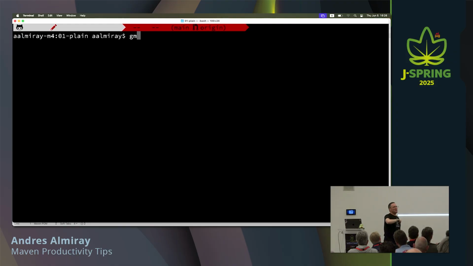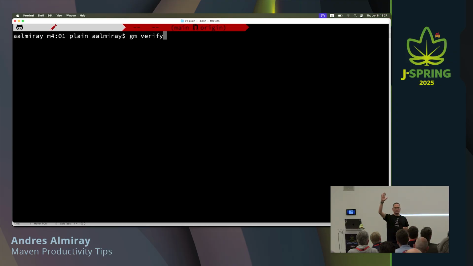I will explain why the wrapper is good, but for the time being, this command detects whether you want to use one or the other. So the next thing we saw is that we should be using verify, right? Does verify tell you something about what you want to do? What does verify mean? Package is clear, test, compile, and the others. But does verify tell you something about, oh, I'm going to build the whole thing?